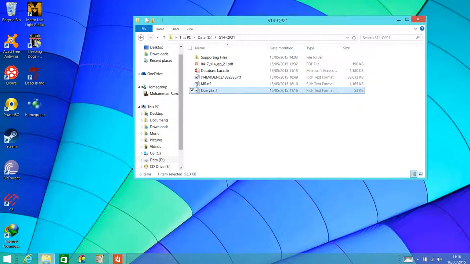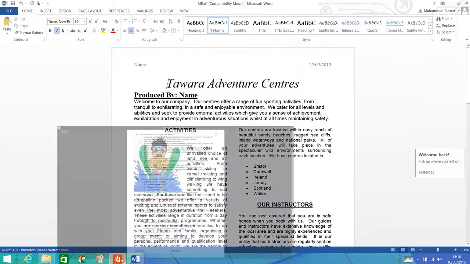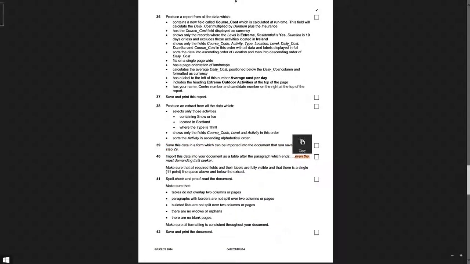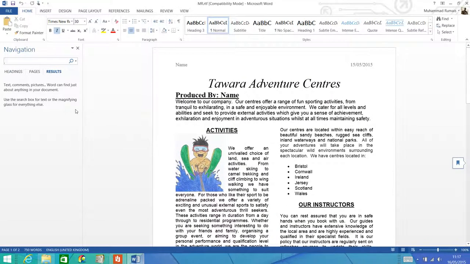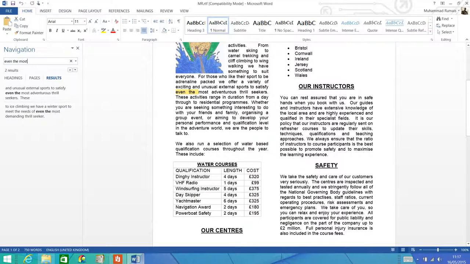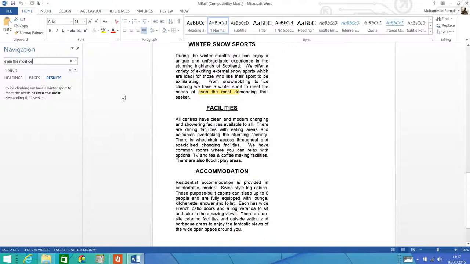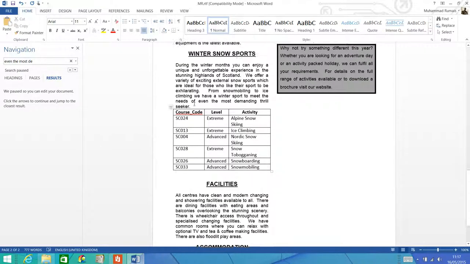and go to your Word document. It says that it should be pasted after the paragraph which is even the most demanding. So Control F to search even the most demanding. Yes, after this we have to paste the table, so enter, Control V, and there you will have the table,